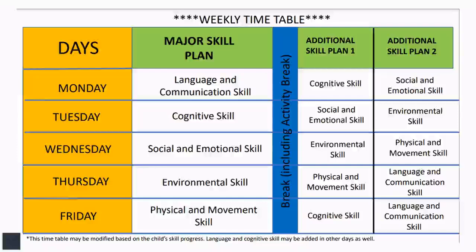And once they lag behind, it will be very, very difficult for them to manage the future skill development plans, and also their future academic progression. So in this major plan, you keep maybe 65 to 70% of the available time, which is 2 hours. So 1.5 hours can be allocated to the major skill, and the rest 15% and 15% time, maybe around 30 minutes and 30 minutes, can be kept for the additional skill plan or minor skill one,